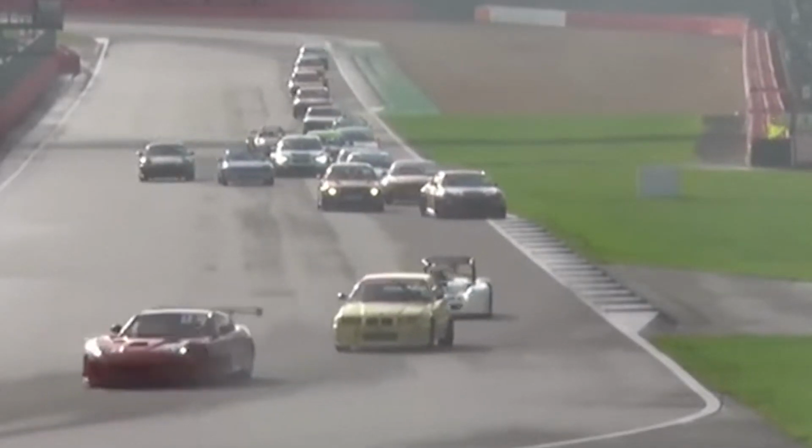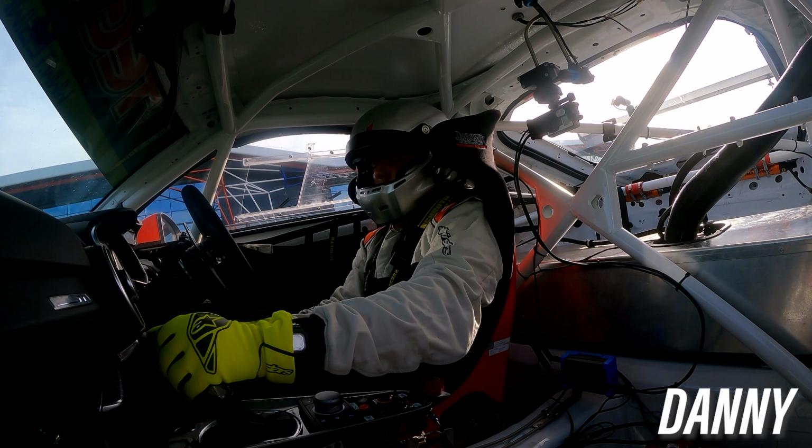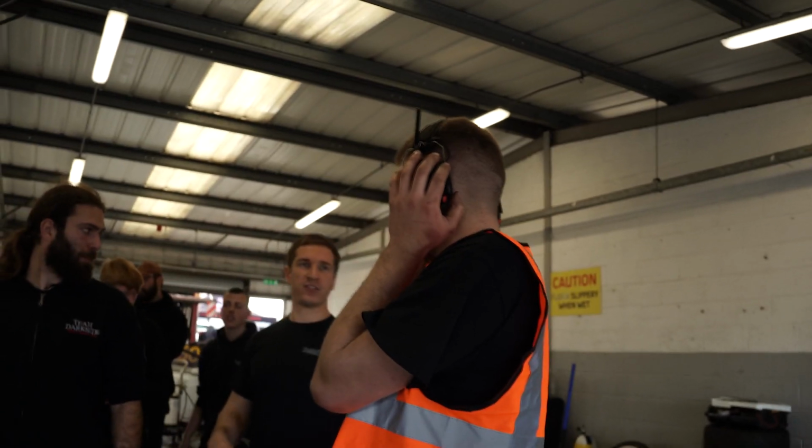Jason Burgess and Tyler Ballard, but down in the pit lane in the Rotec Racing garage, I think, is Lewis Mills. Mate, it's locked in park, Jake. It's locked in park. You need to